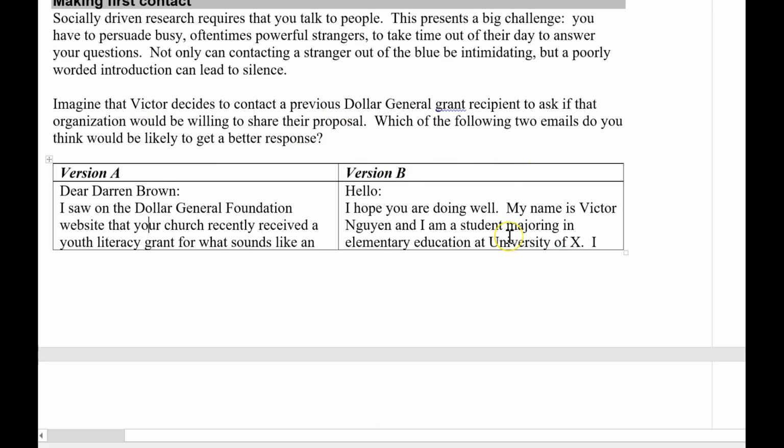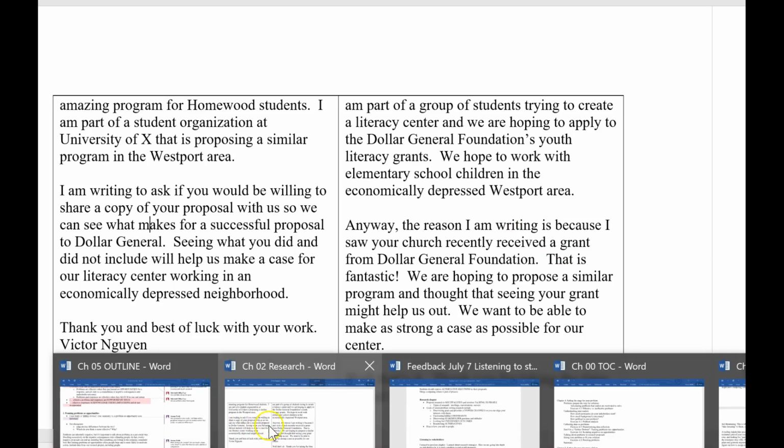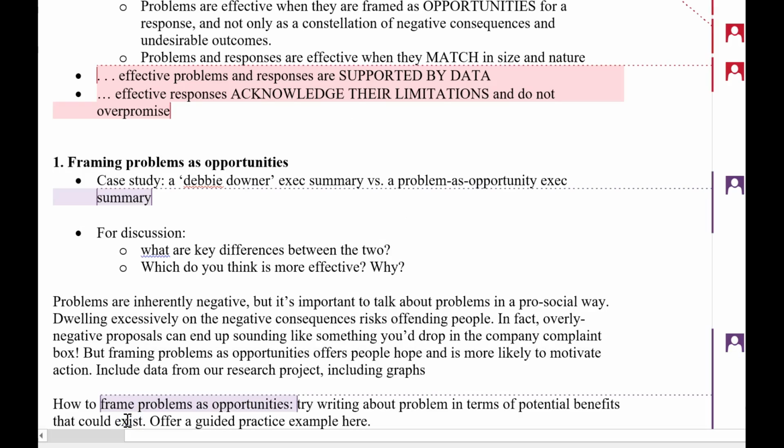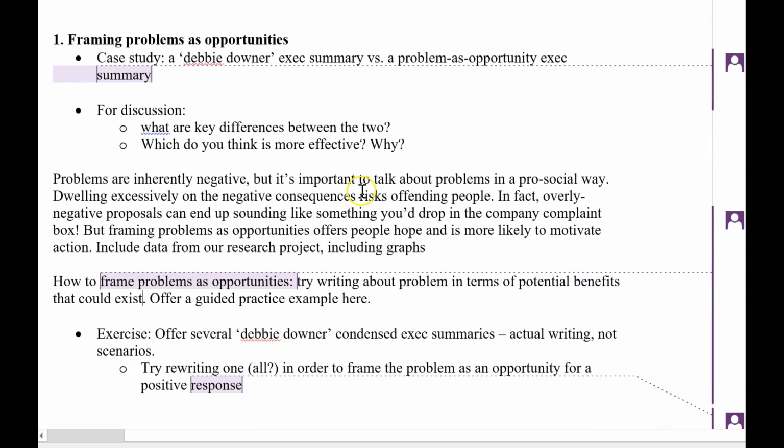Which of these following two do you think would get a better response? So just go ahead and start off with something like that. It doesn't need to be framed as a case study per se. Yeah, and then have them identify the differences.